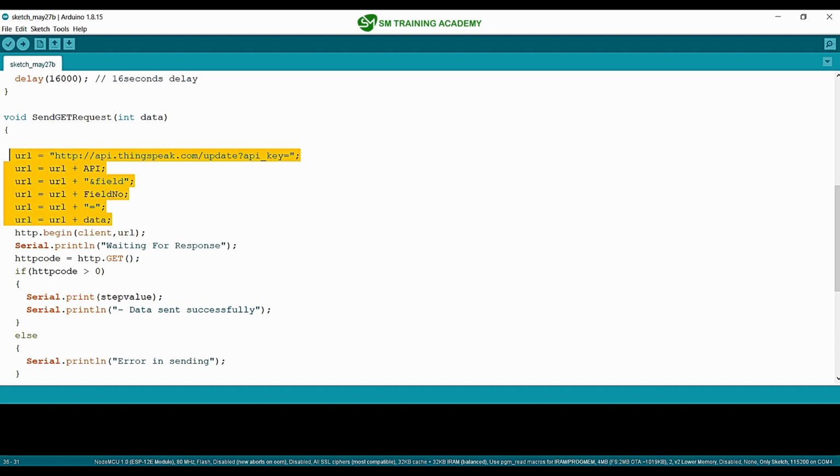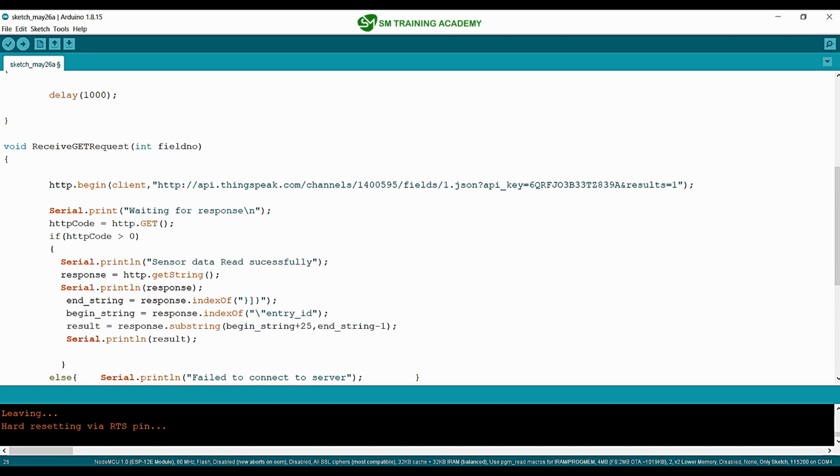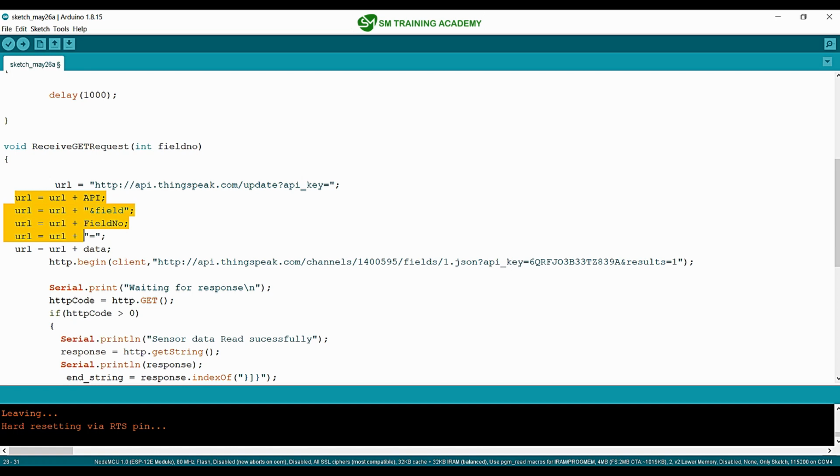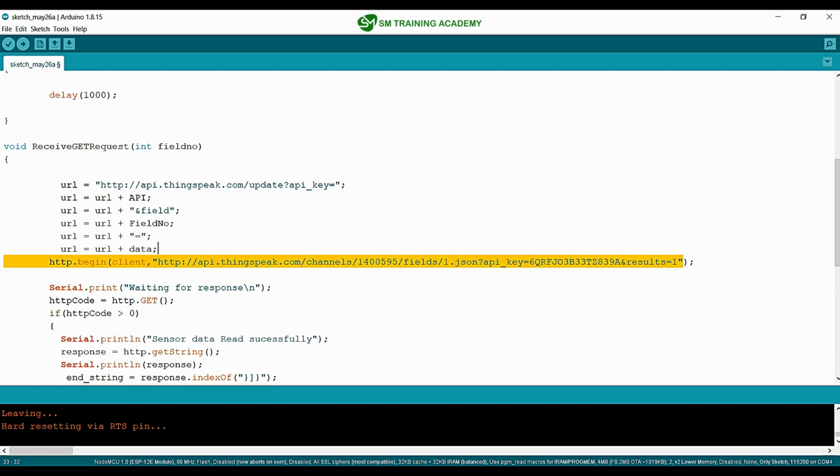So I'm going to use the same methodology. I'm copying this, but here the request format is a little different, so I'm going to update the things over here. Let me copy this and paste it over here.